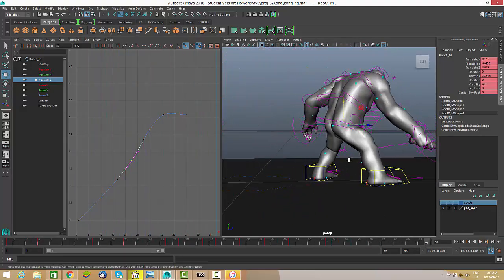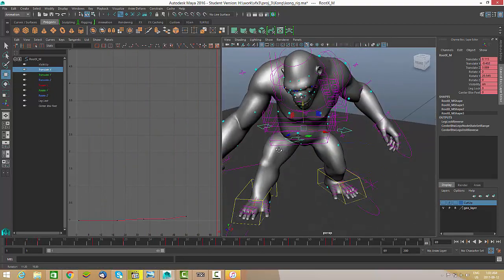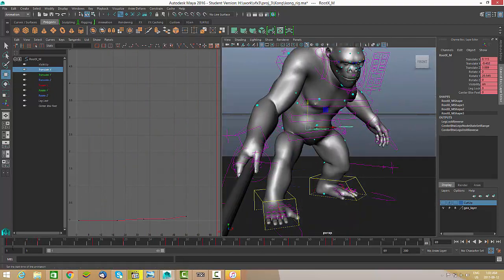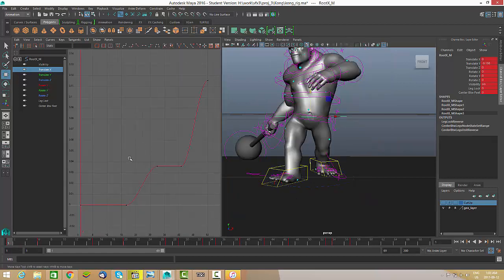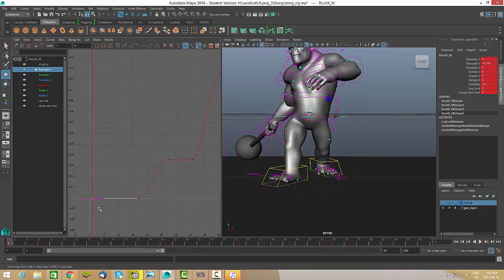So now I will work on X. So let's see how it looks. It's very flat, so definitely it's going to look bad. So here in the beginning of the frame he